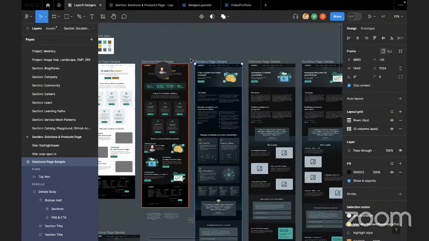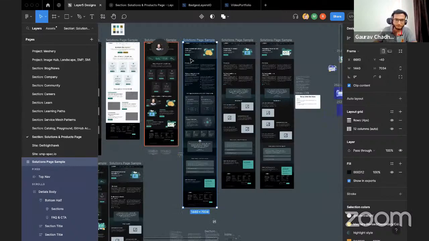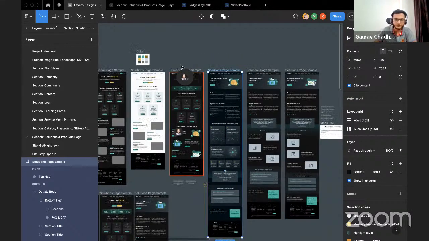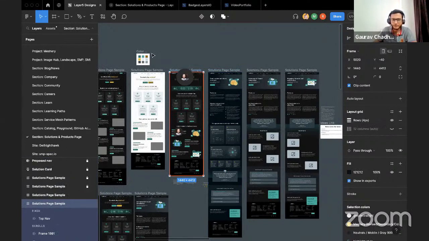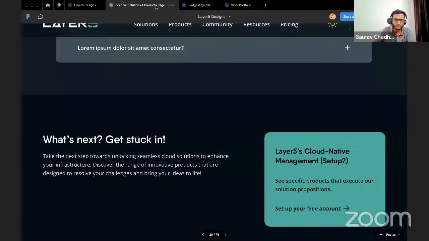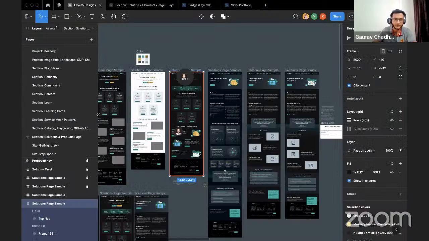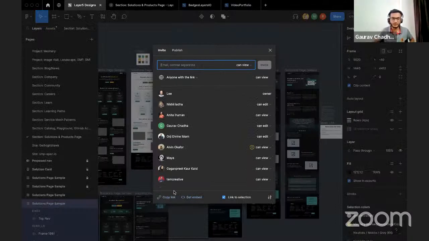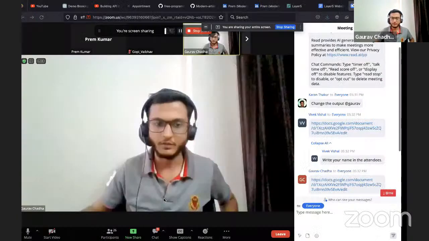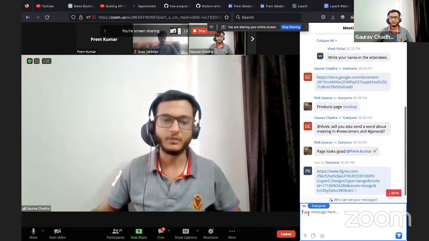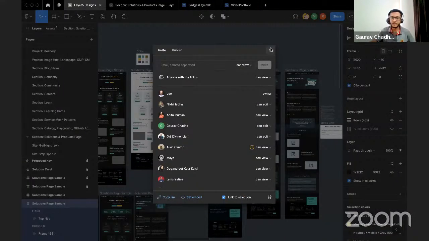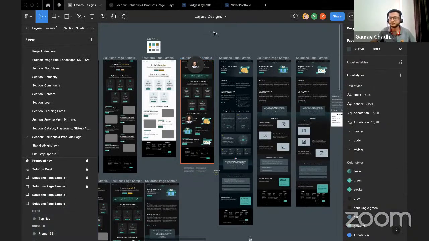Okay. All right. So let's first take feedback on the solution page. Prem, if you could quickly share the link of the solution page in chat so others can also take a look. And meanwhile, the page looks good to me. The content will definitely be updated when the implementation happens. So does anyone have feedback for Prem?